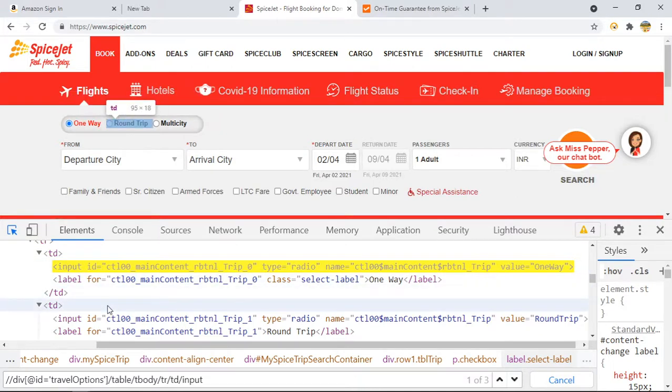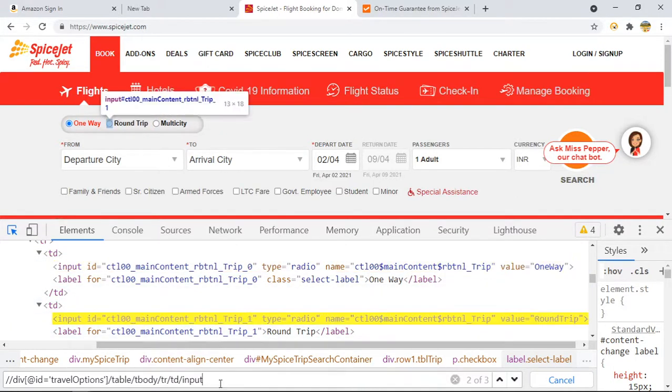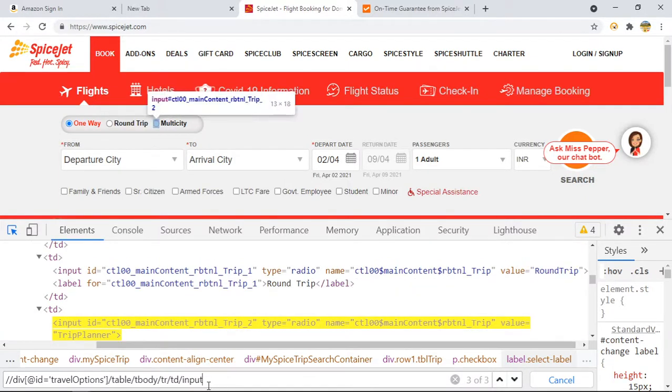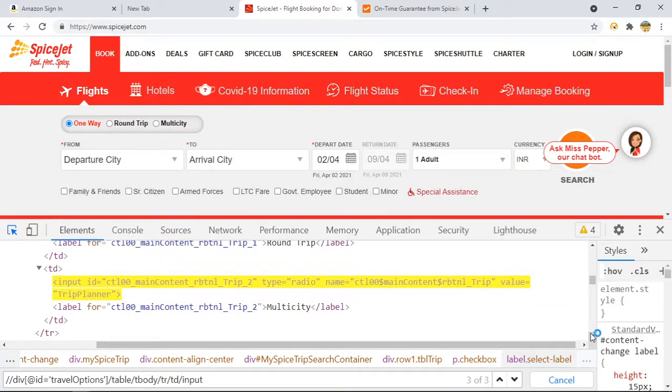If I hit enter one more time, for the second radio button, the text is present here, not on this yellow line. And for the third one, the text is present here, not here, which means I need to first reach here, then only it will give me the text. So you can do it in two ways. We have already seen how we can move from parent to child, children to children.